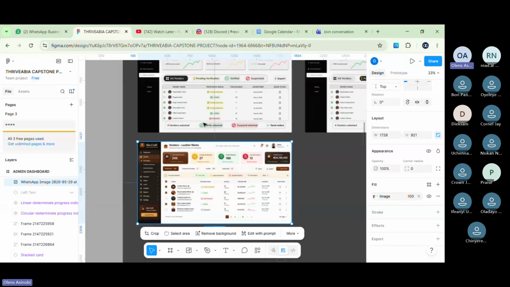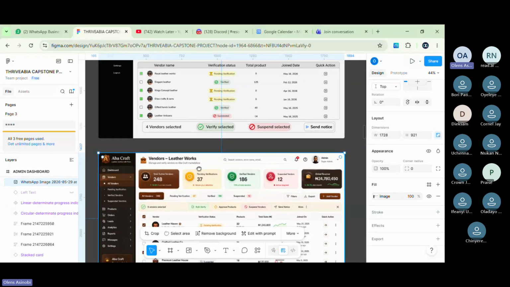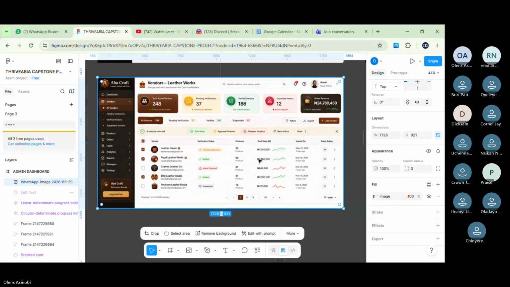Cornelius, let's take a look at these two screens together. I believe this is one of the designs from your mood boards. Maybe probably one of the things that the AI generated for you, right? Yes. Okay. Now,